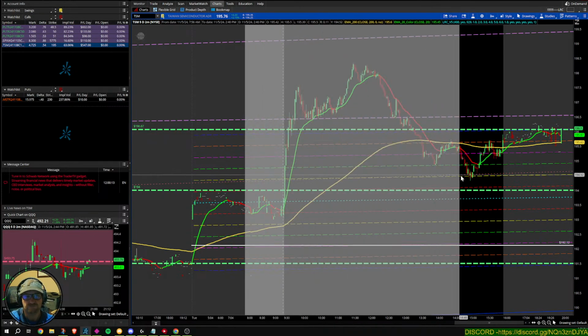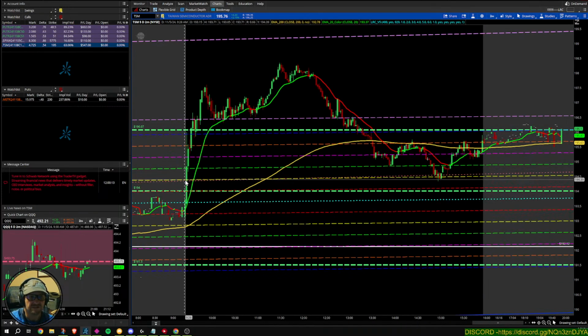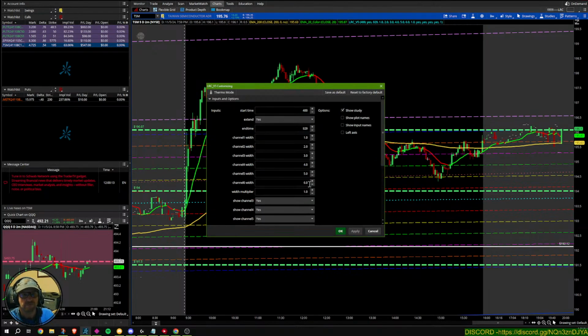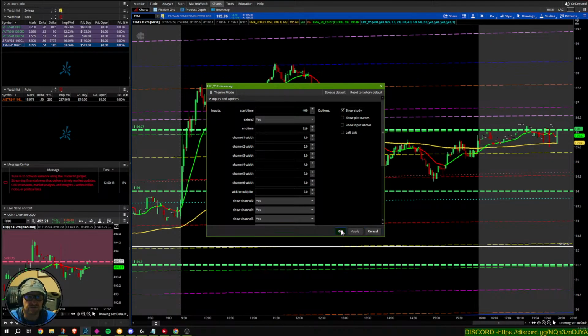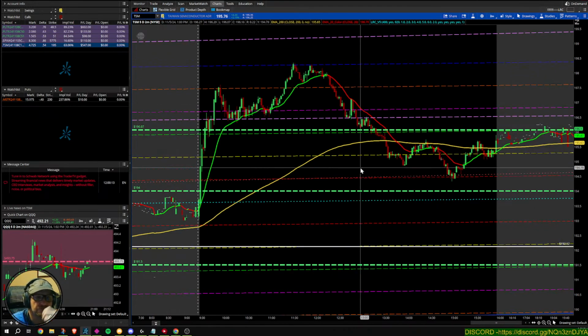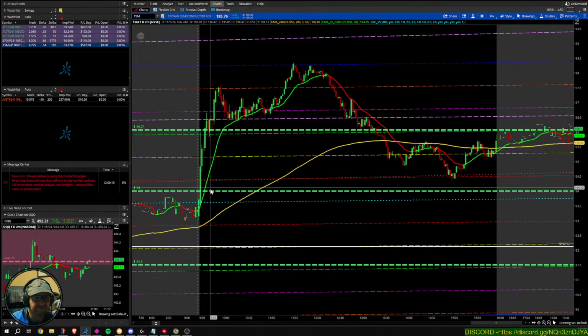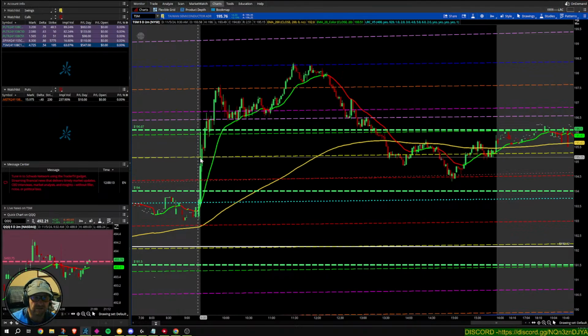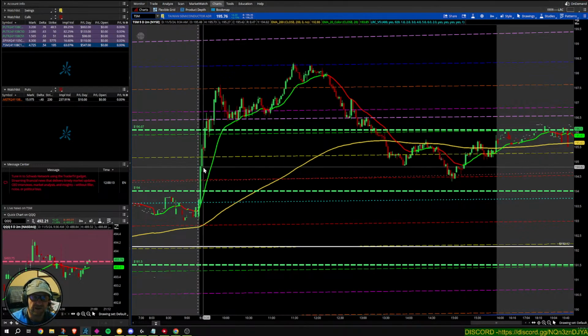I entered 12 at this level when it passed my yellow LRC, and at that point I changed my multiplier to 2 so I would give myself some bigger ranges to trade to. And once I did that, interestingly enough, when I entered here, I did mark it in with 12. I think it actually bought up here. So when this closed, I was in drawdown, but that was okay.